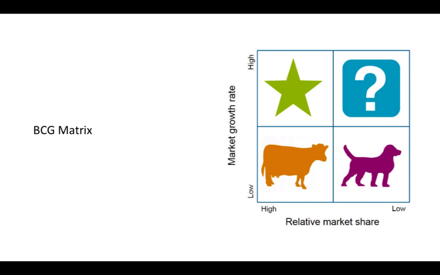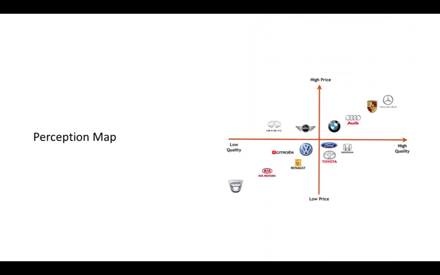Now we're going to look at some charts. The BCG matrix is very common. This shows the difference between, or compares, market growth rate versus relative market share. So let's take Nike again. They have low growth rate for Nike shoes, but they have a large share. But they have a high growth rate for Converse. Yes, Converse is Nike.